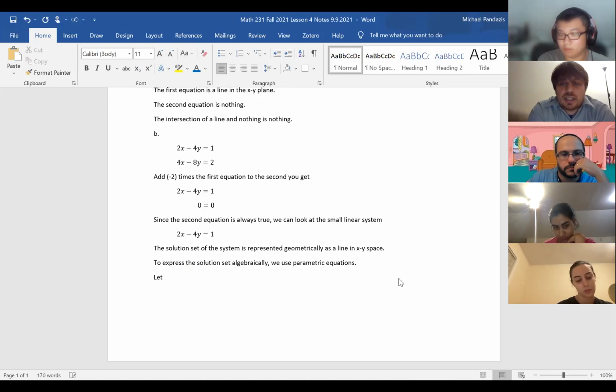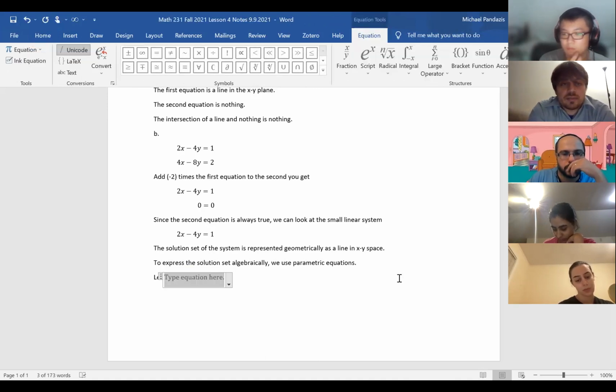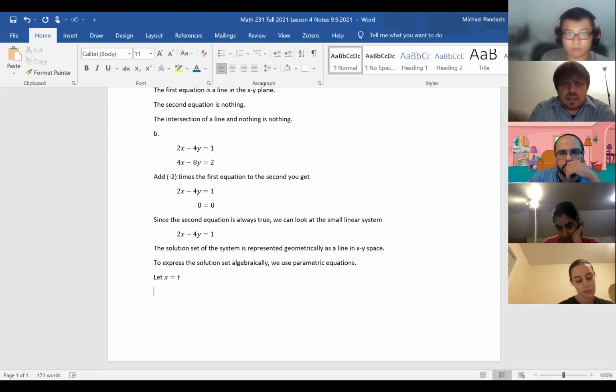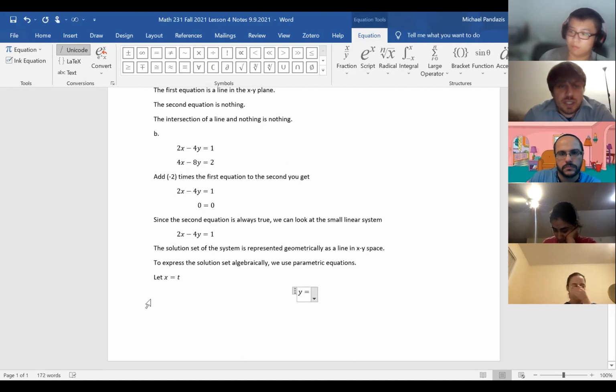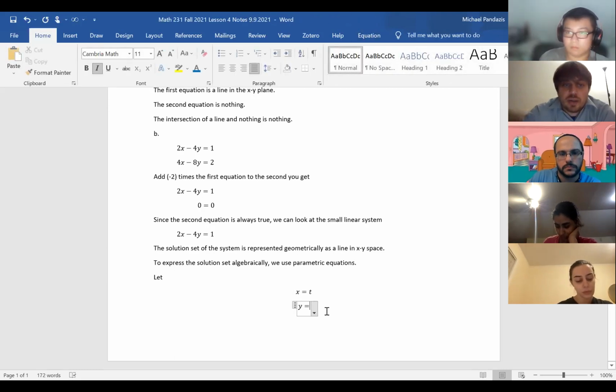So to do that, let x equal t, let's say, and then that means that y is going to be equal to... x is going to equal t, and now y, well, this equation 2x minus 4y equals 1, if you solve for y,